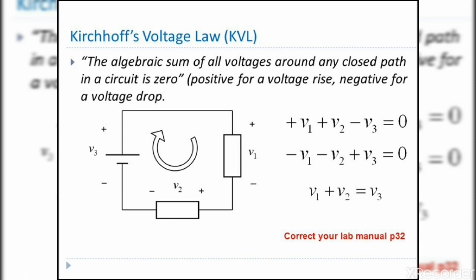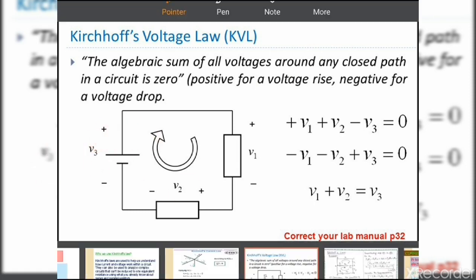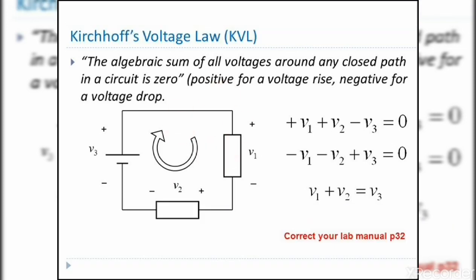Here voltage means simply the potential difference between 2 points, and also EMFs. Everything denotes voltage: voltage, potential difference, EMF all have the same meaning. Another way to state Kirchhoff voltage law is that the sum of the EMFs in a loop is equal to the sum of the potential drops. In the first law, total current input equals total current output. In the second law, the voltage law, the total voltage given to the circuit is equal to the total voltage consumed, that is, used by the resistors or any load. So this is the concept.